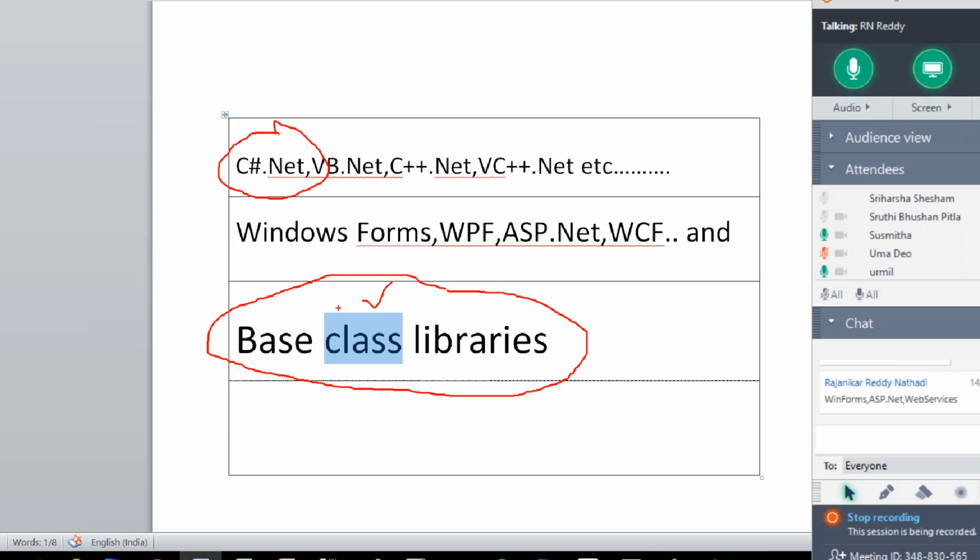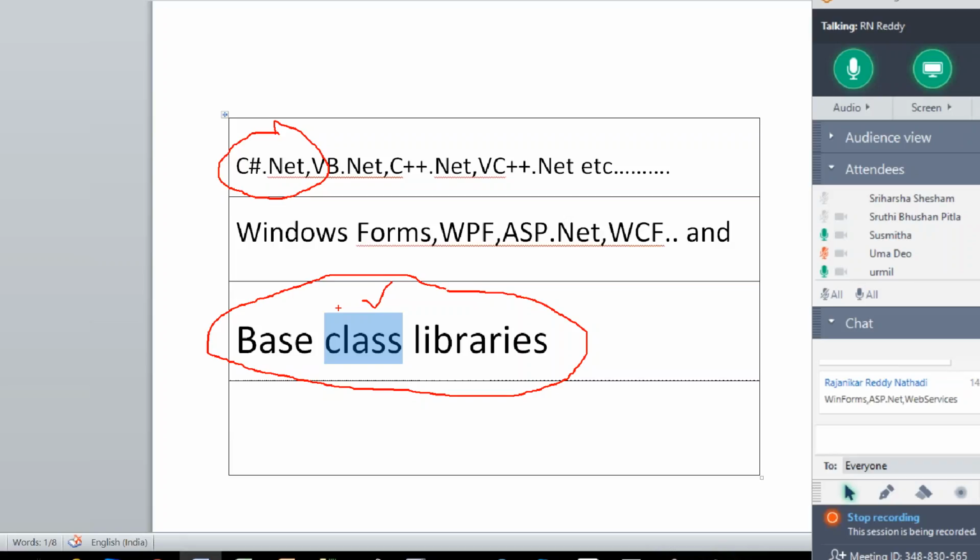remember: library means collection, class means an object oriented programming concept, class library means a collection of classes, and class libraries are of two types. Predefined class library, nothing but the base class library, is provided by Microsoft and used by .NET developers. User defined class library means class libraries defined by the developers for their application development. With this we can say the base class library is a collection of predefined classes provided by Microsoft